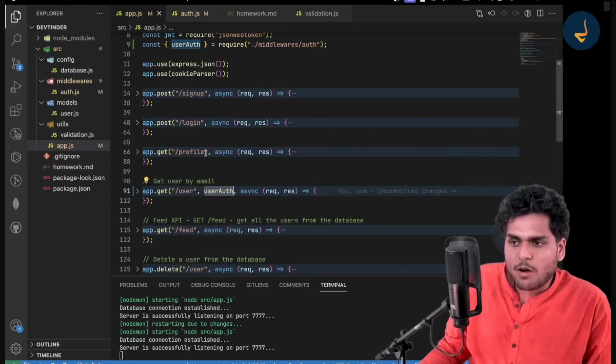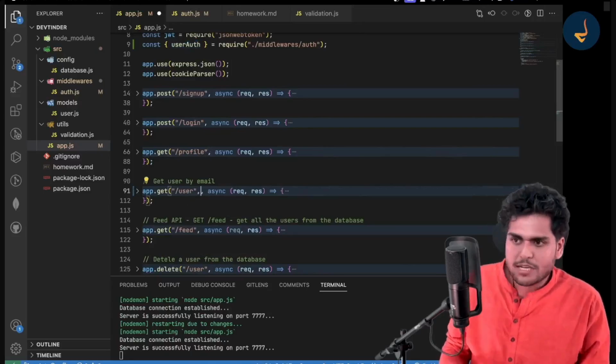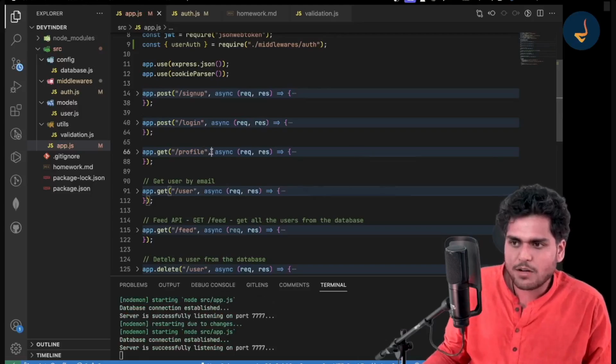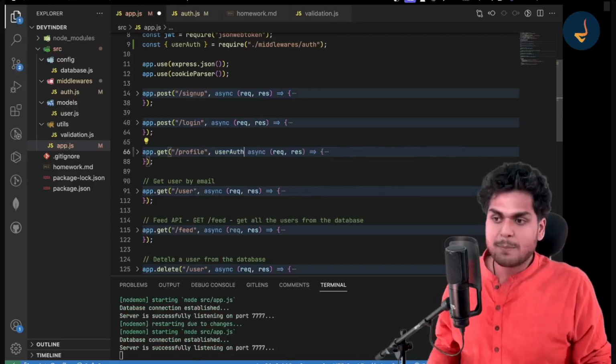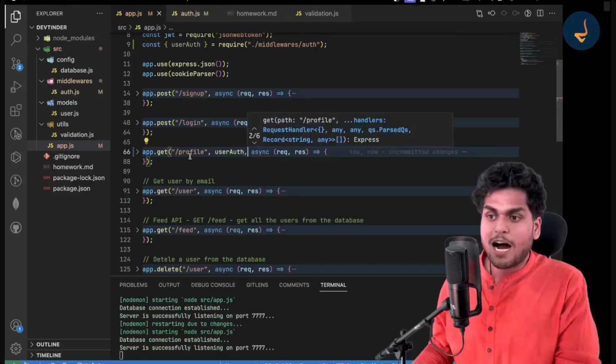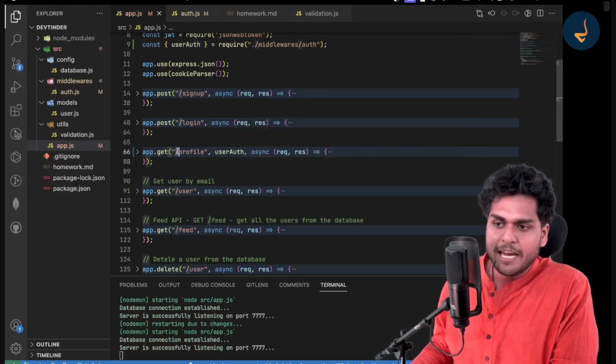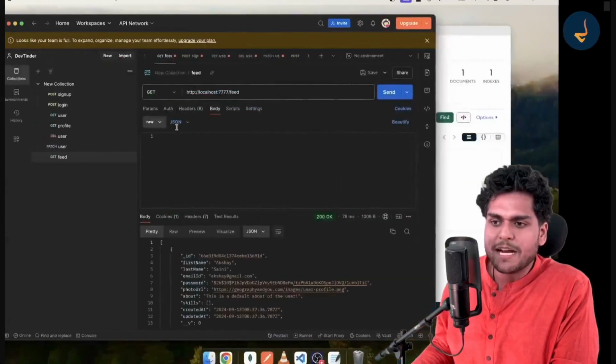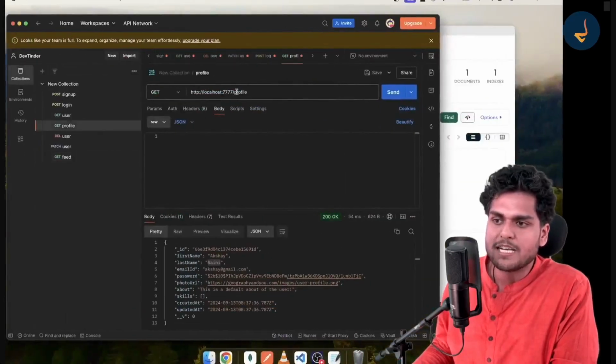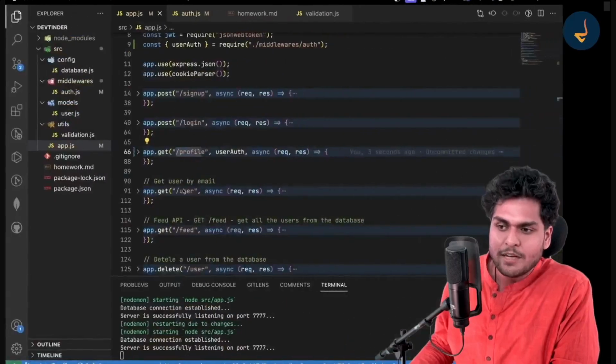In the profile, sorry, this is the user API. I will come to this later on, but in the profile API, suppose I am writing this, how will this request be handled? Suppose somebody is making an API call to /profile, so